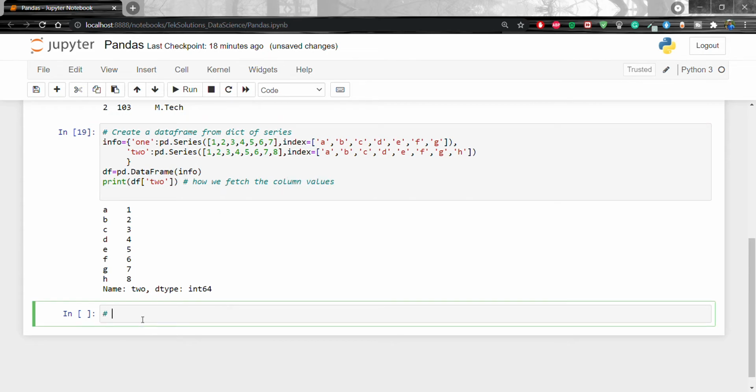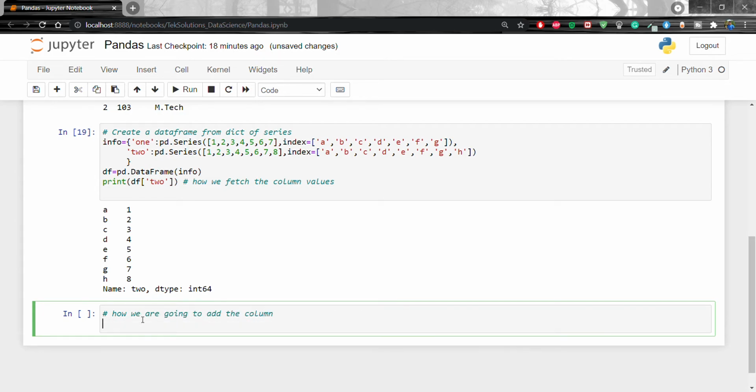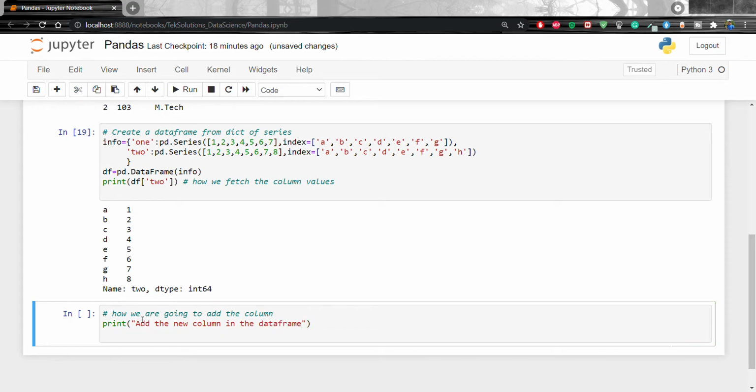Now I am going to show how we are going to add a column. For that, what we have to do? We are going to add a new column in the DataFrame. df, this is the third column, 3.